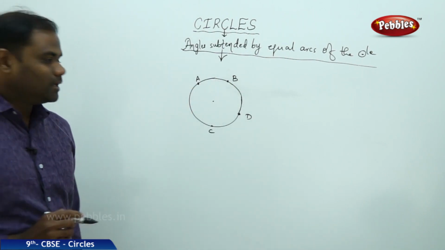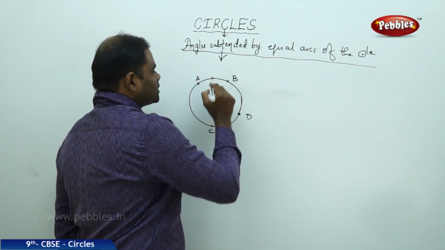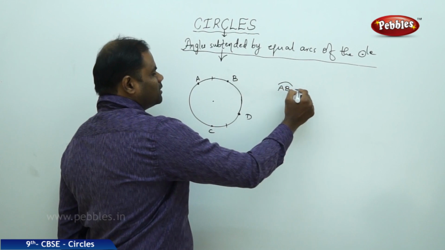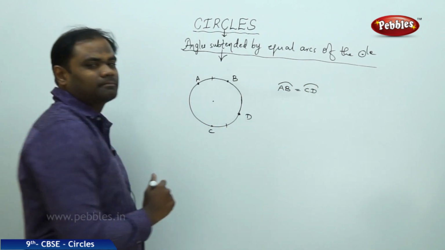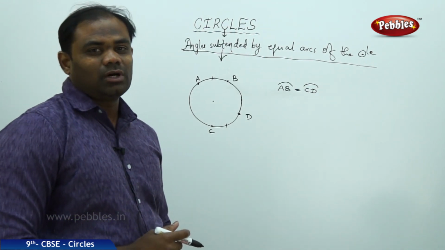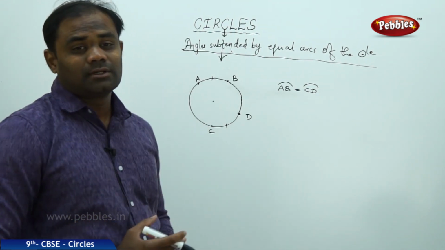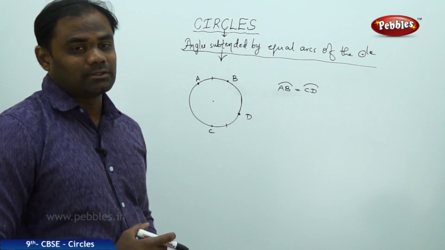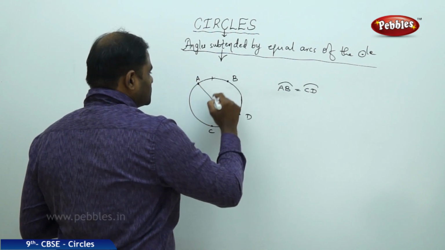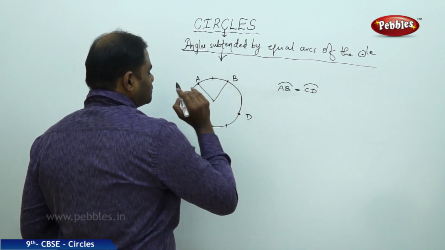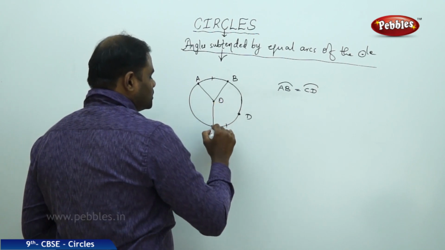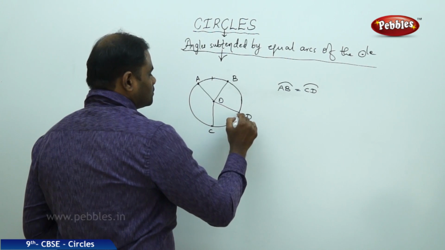Now here, if this arc is equal to this, that is arc AB is equal to arc CD, then the property says that two arcs which are equal in length subtend equal angles at the center. That is, if the angle subtended by the arc AB is this and the angle subtended by the arc CD is this,